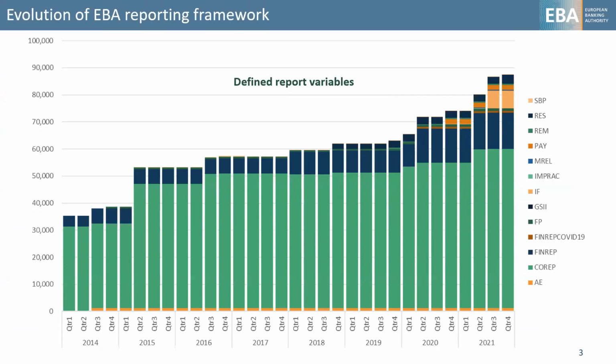Like 2.5 times since we started. You can see our core app has been growing like two times more data points, and also FinRep, and basically also much more new frameworks that have been added throughout the releases. We have 13 major releases from 2014 when we started collecting the data. In the next slide,